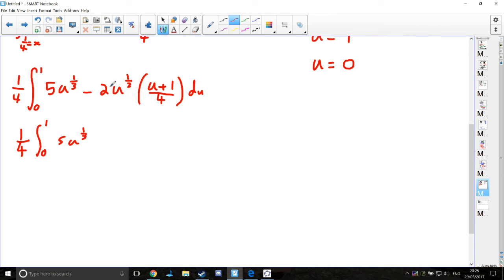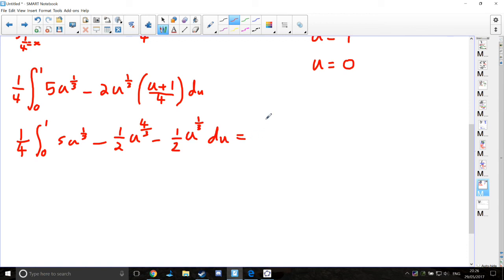Open up this bracket. Everything's divided by 4, so this 2 and this 4 mean that everything is going to be halved instead. So that's half u to the third. So it's this times this, which is going to be u to the 4 over 3. And then it's going to be minus a half u to the third du,